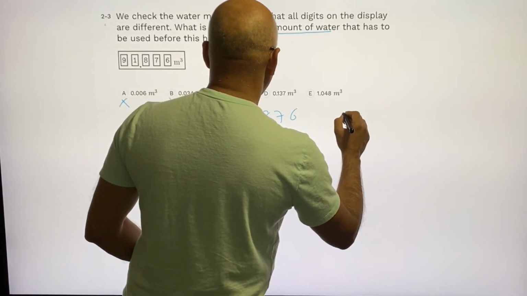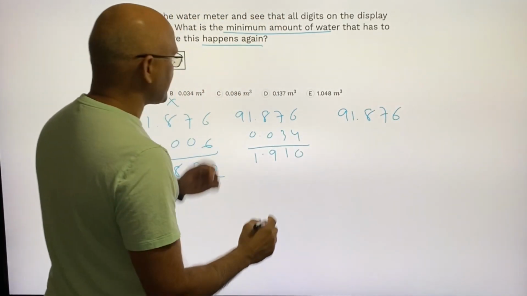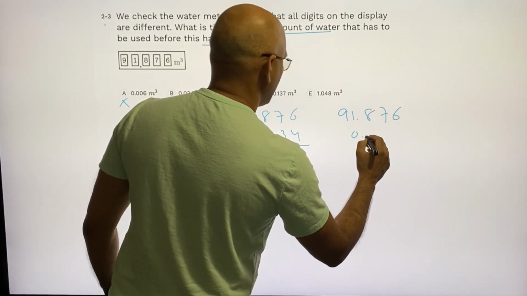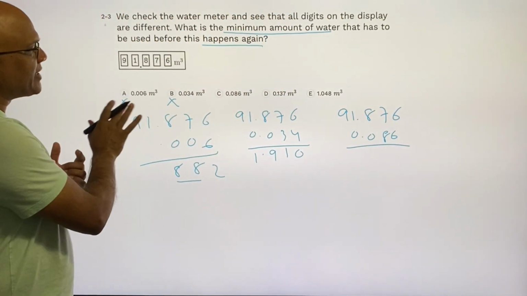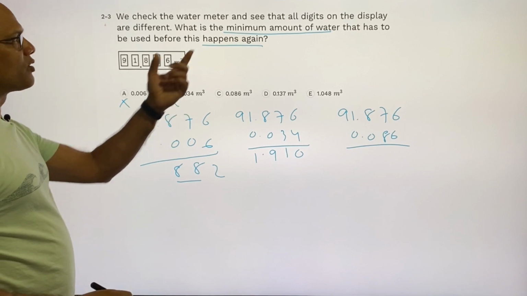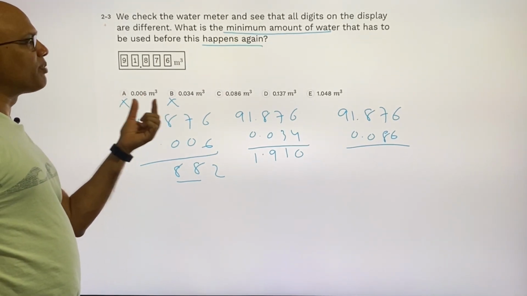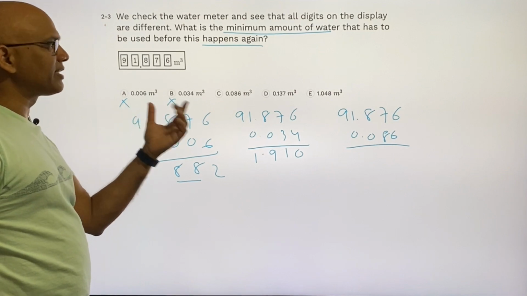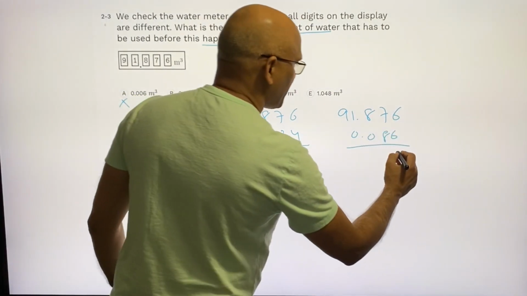C is 91.876, 0.086, and I have to start checking from the smaller number, right? Because we want to use the minimum amount of water. So we need to start checking from the smallest one first and go increasing so that we can grab the smallest one. So this is 6 plus 6 is 2,